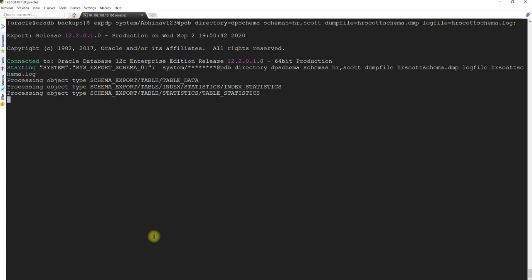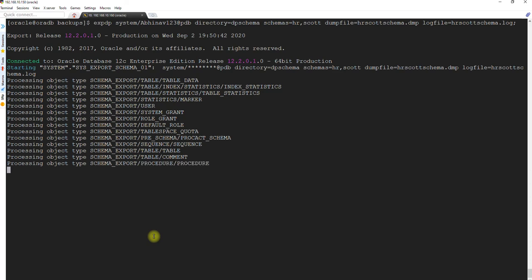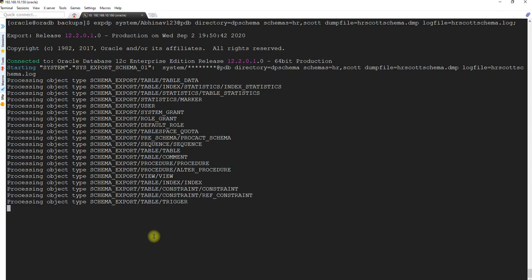So you will see the complete activity of this, what all backups it's taking, what all object backup it's taking. This is a very important activity, because during the migration not of the complete database but of a specific schema, specific tables, or specific objects, the utilities expdp and impdp are very important.